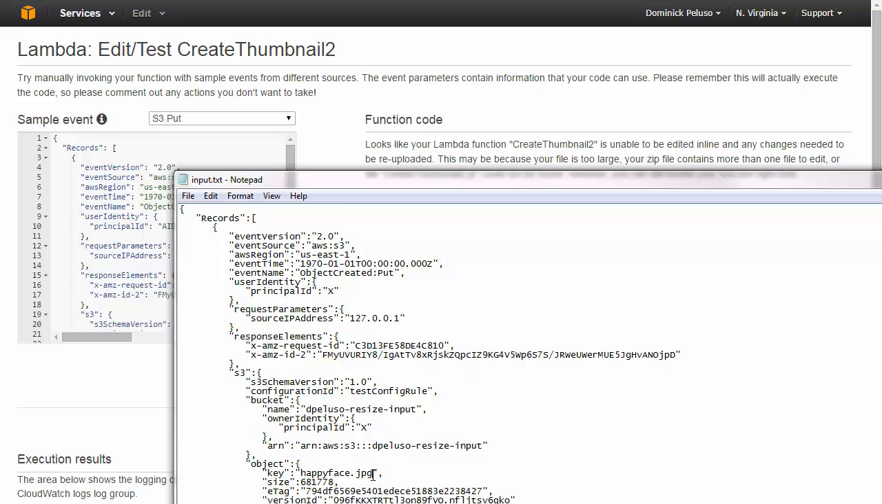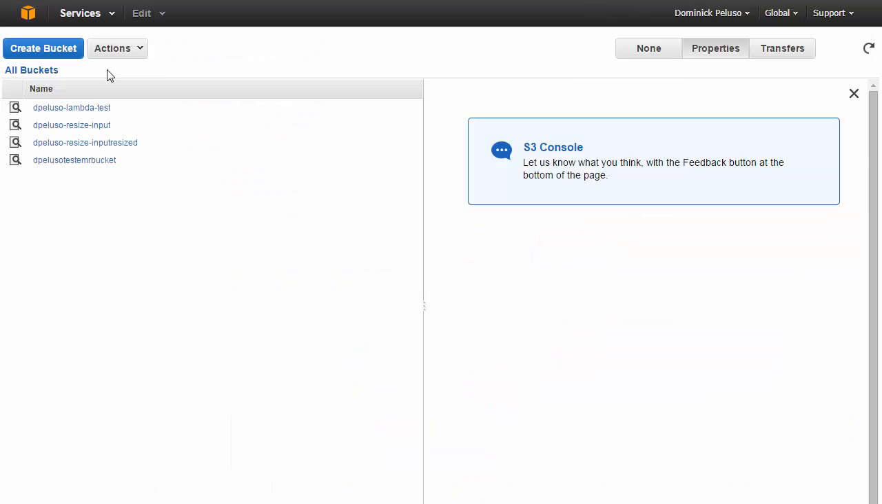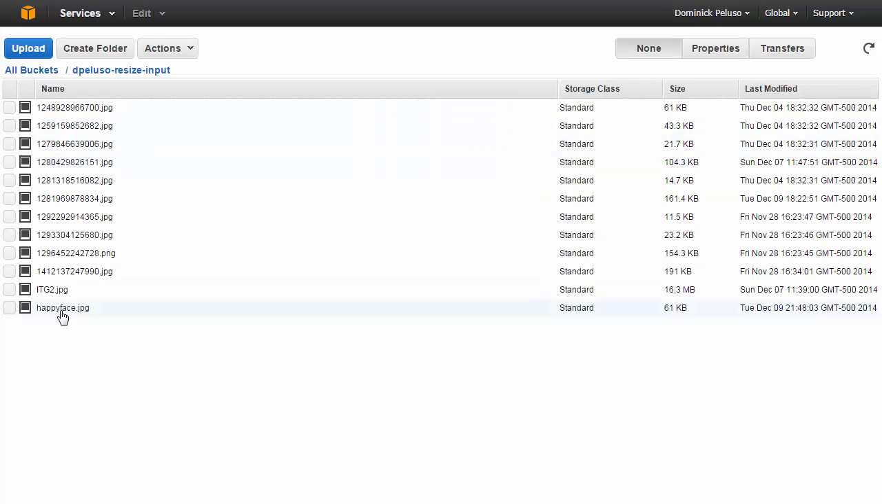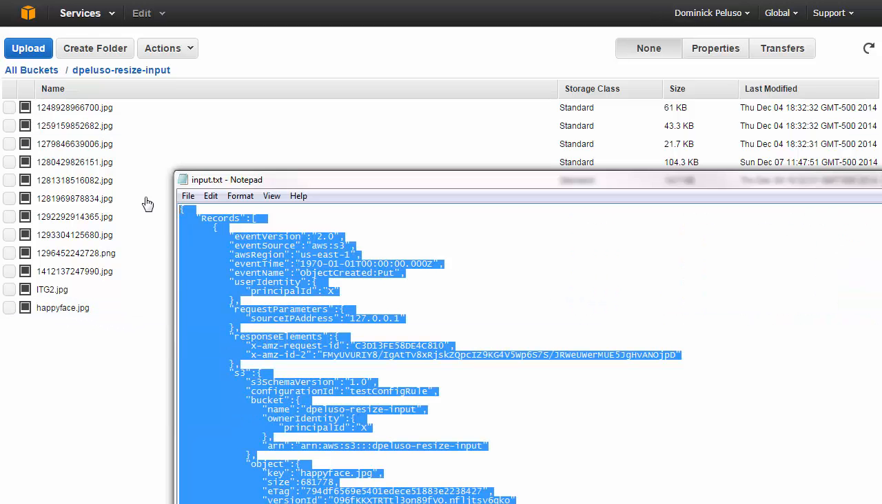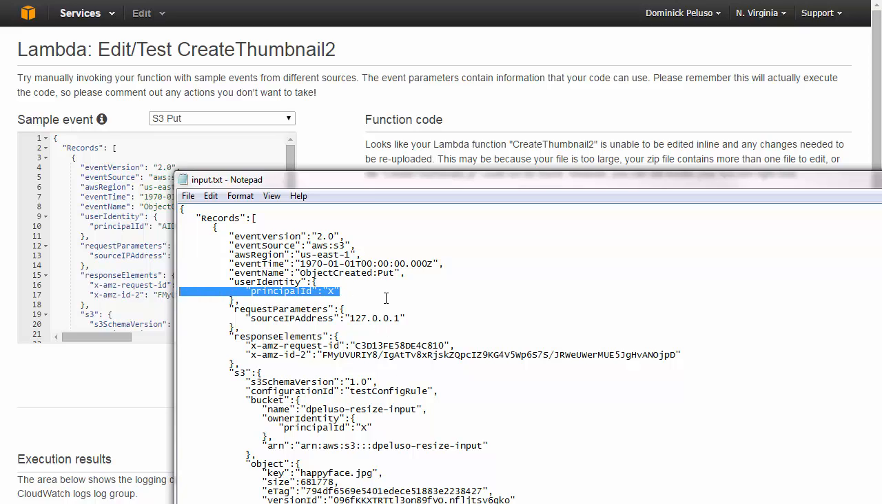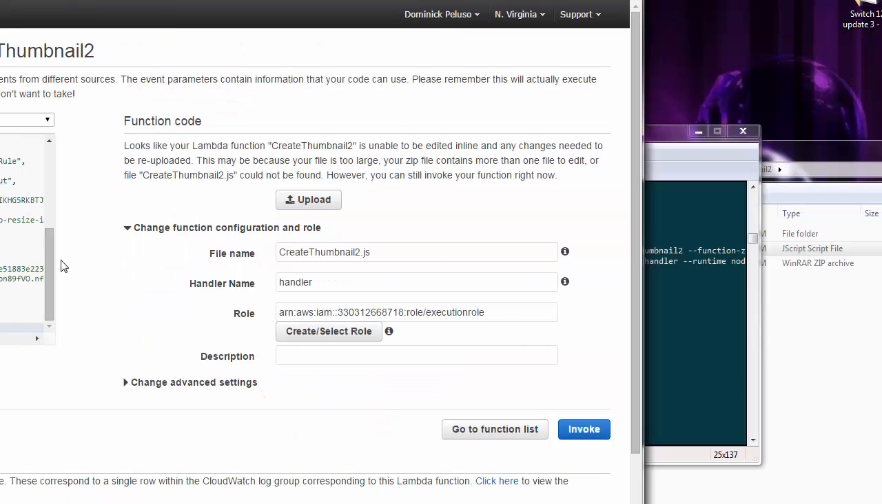The key of the file is called happyface.jpg because that's just what the demo had. So I've uploaded an image to dpeluso-resize-input that is called happyface.jpg. Now this event will correspond with a file that's actually there, so we can test it out right now. One thing I did is I replaced my IDs and secret access keys so that they wouldn't appear on the video. So I'm going to do that out of frame just a little bit, and I can paste my